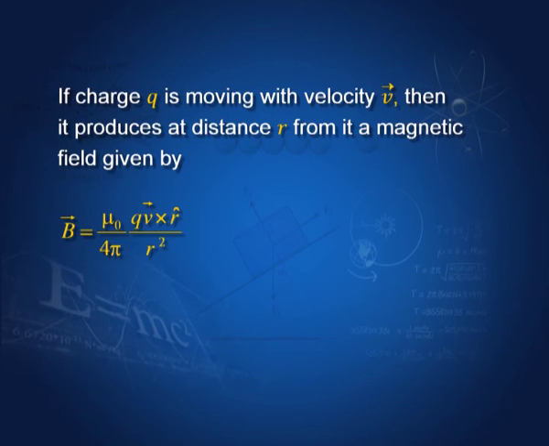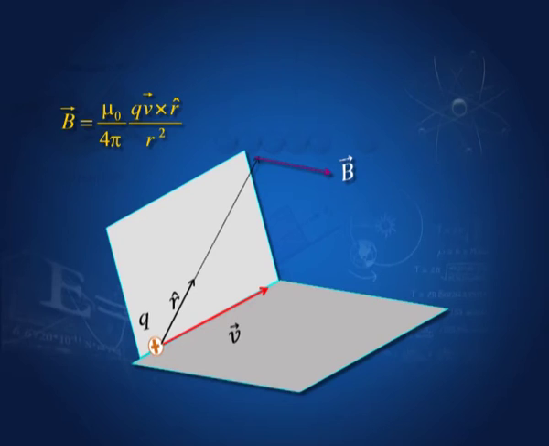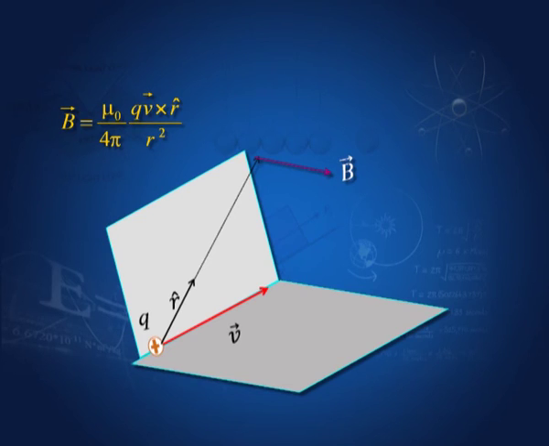a point distance r from this charge. r cap is the unit vector in the direction of r. Then the field is given by mu 0 by 4 pi q v cross r cap by r square. You could have q v vector crossed r vector by r cube also. Some books will do that, but here we have q v vector cross r cap, which is a unit vector